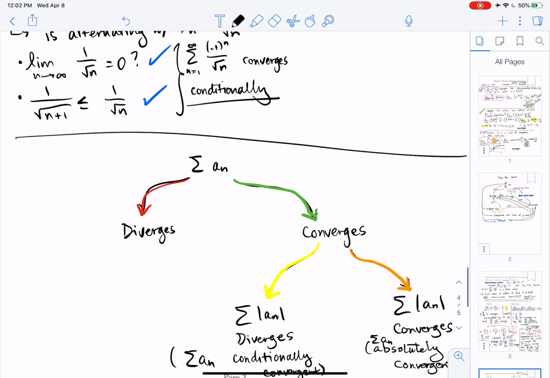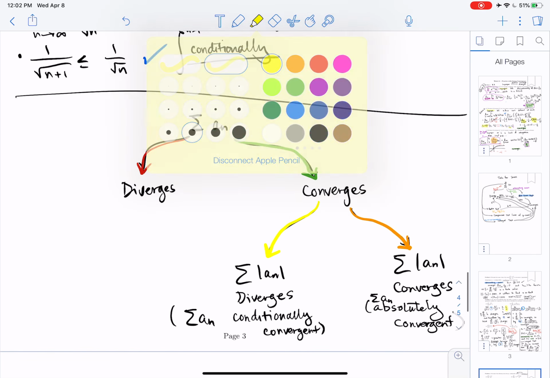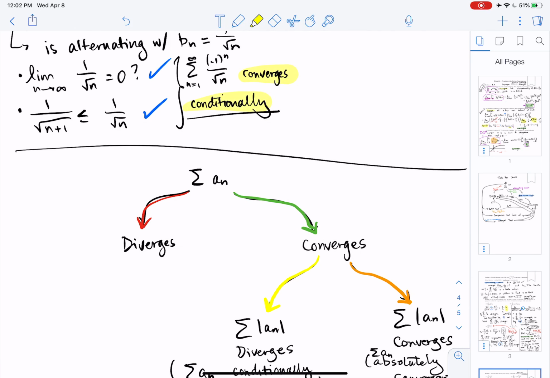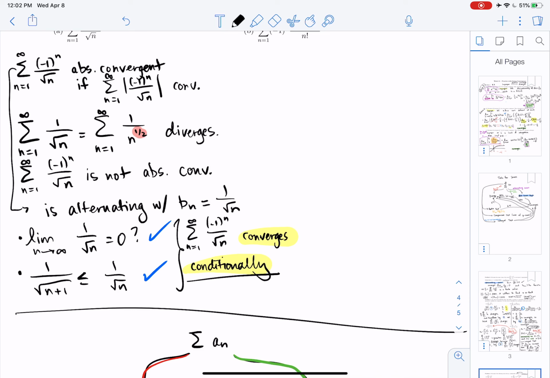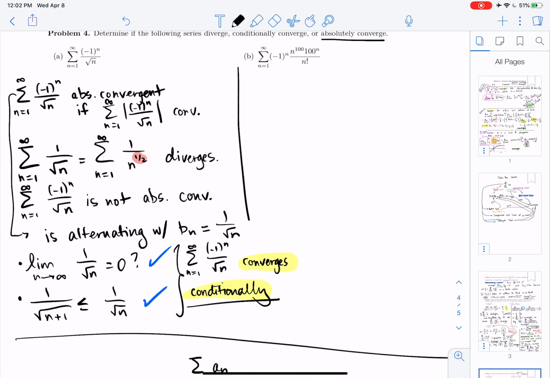Okay, it is only in this yellow category in this little flow chart. All right, the other one is an alternating series, again, but let's test if it's absolutely convergent first, because that might actually tell us if it's conditionally convergent without us having to test, okay? So this is absolutely convergent if, I'm not saying that it is, but it would be if we knew that the series with its absolute value